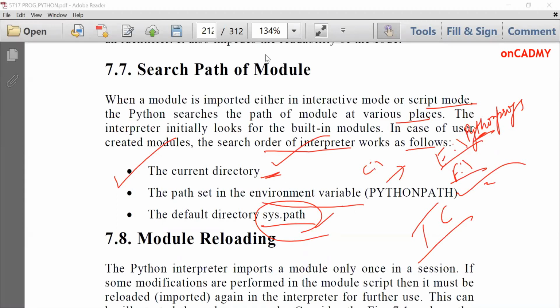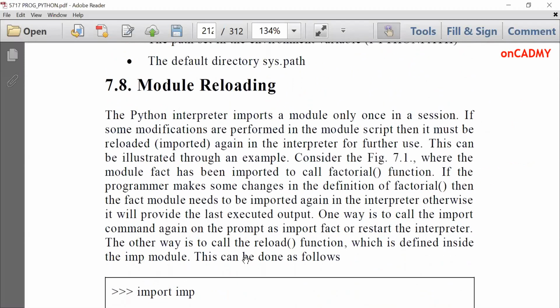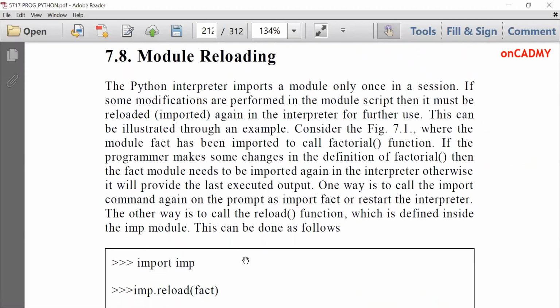So this is all about searching path of a module. Next is module reloading. This is a very important concept, module reloading. What does it mean? The Python interpreter imports a module only once in a session. Suppose I have created module fact and imported it on the command prompt of Python, and then I am using,